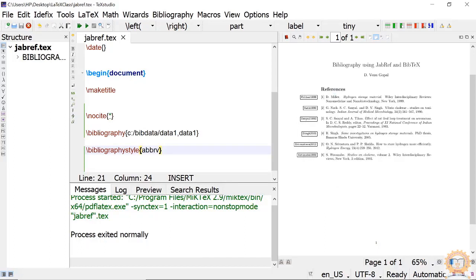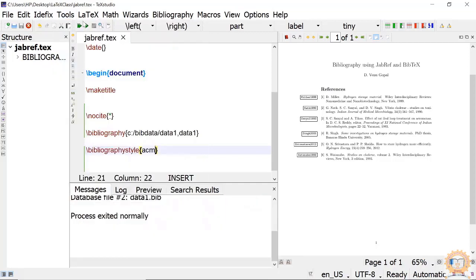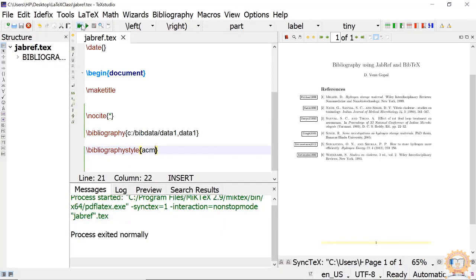And another style available is ACM. Okay. So again run it. It won't come immediately. For that we have to go tools, bibliography, run it. Again run the LaTeX.